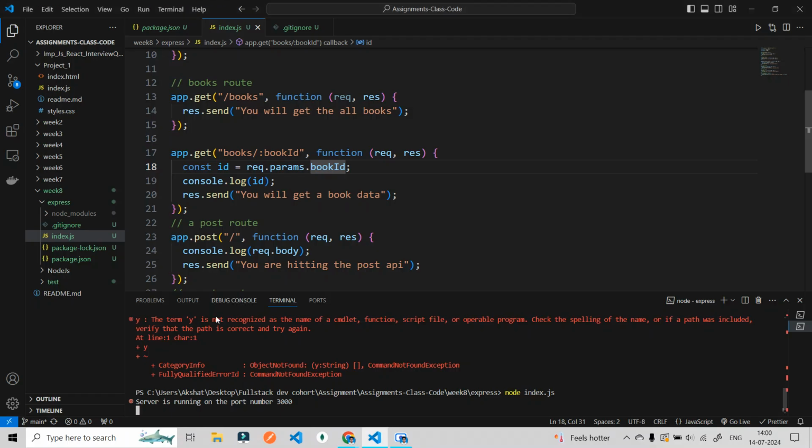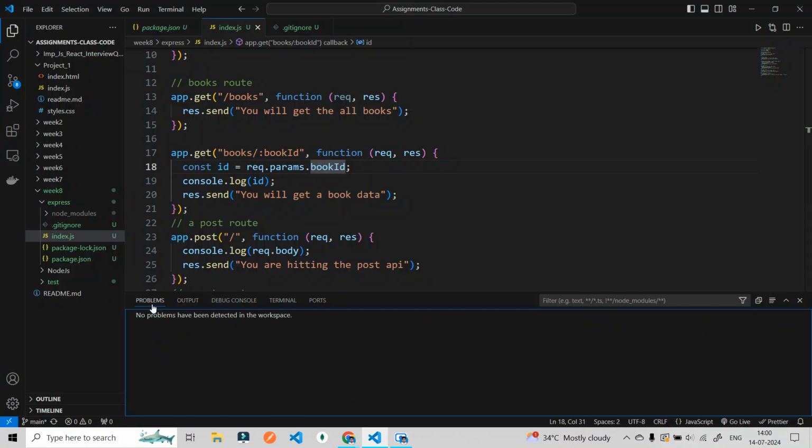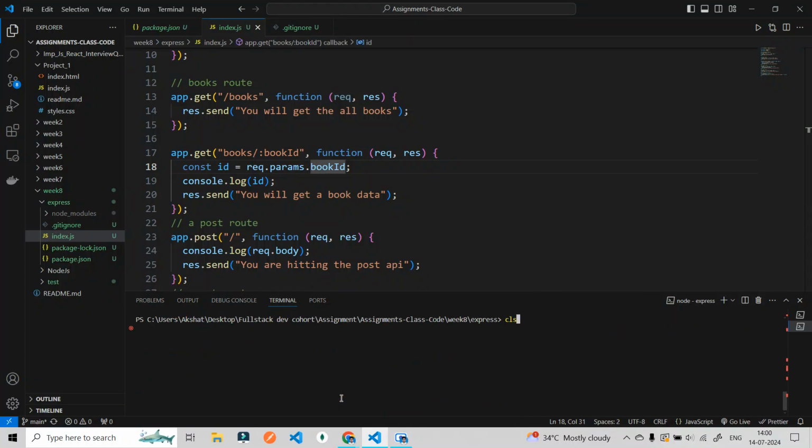I will refresh this. I think some error is coming. Server is running on port number. If I go on books, you will get all the books. But if I go on one,